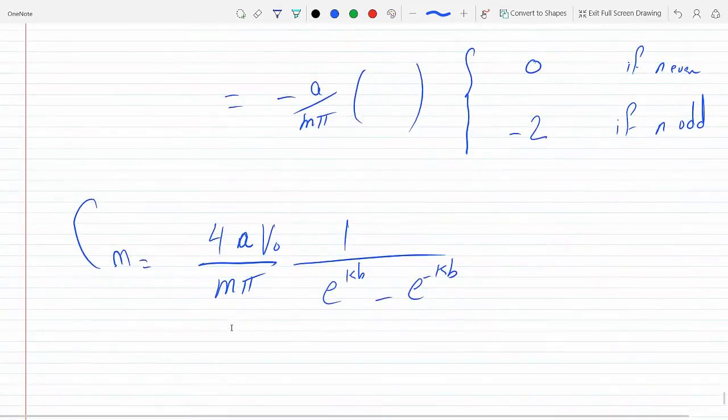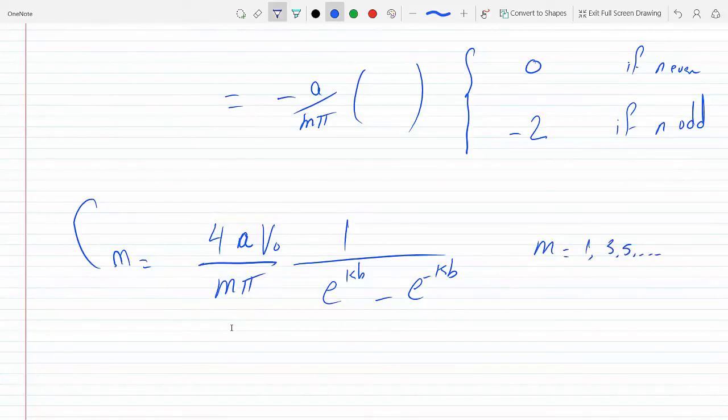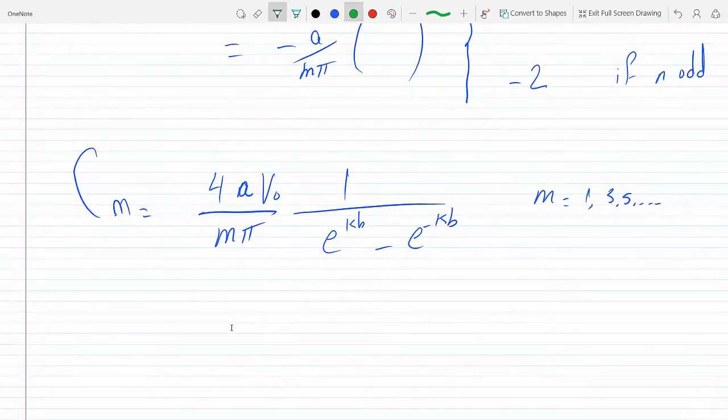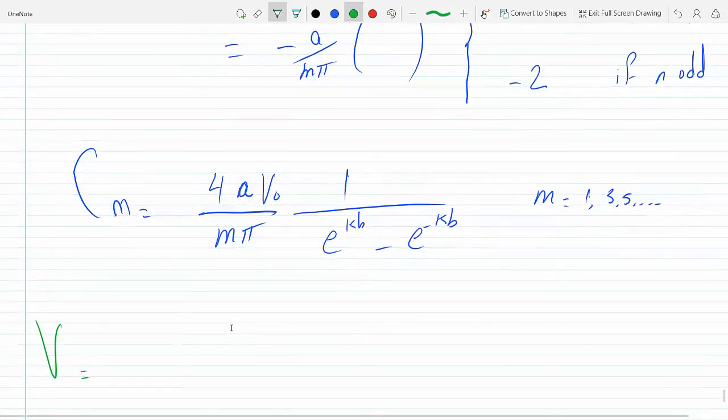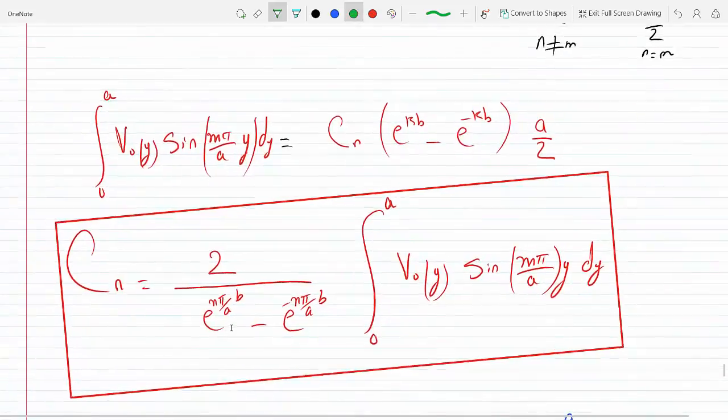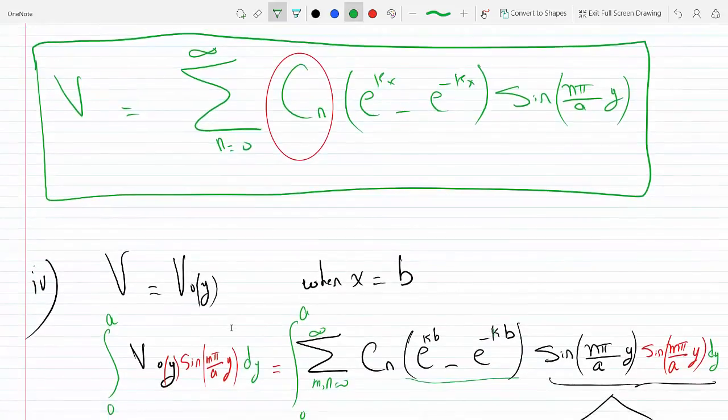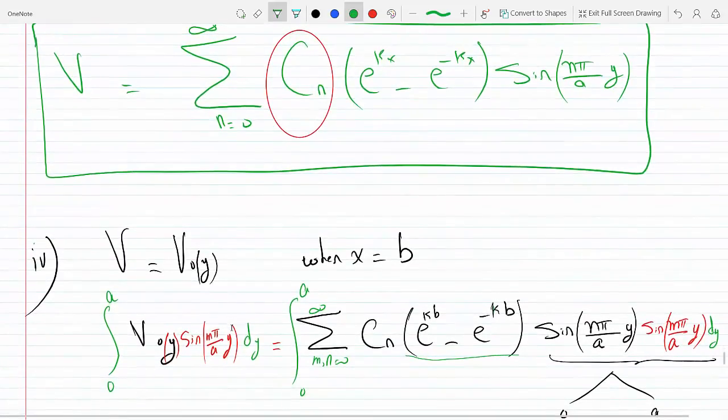You could change this if you want to cosine. I think this is cosine hyperbolic times 2, and then so this is your Cn, where m is 1, 3, 5, etc. So now the potential turns out to be, then if that's the case, just plug this back into our potential formula here. Yeah, so summation,